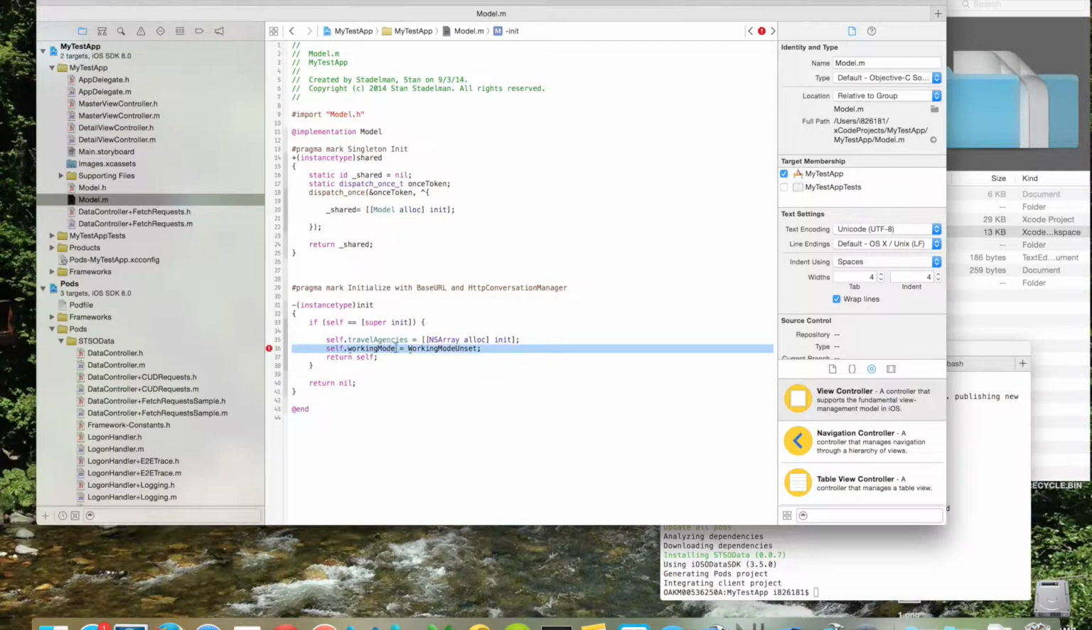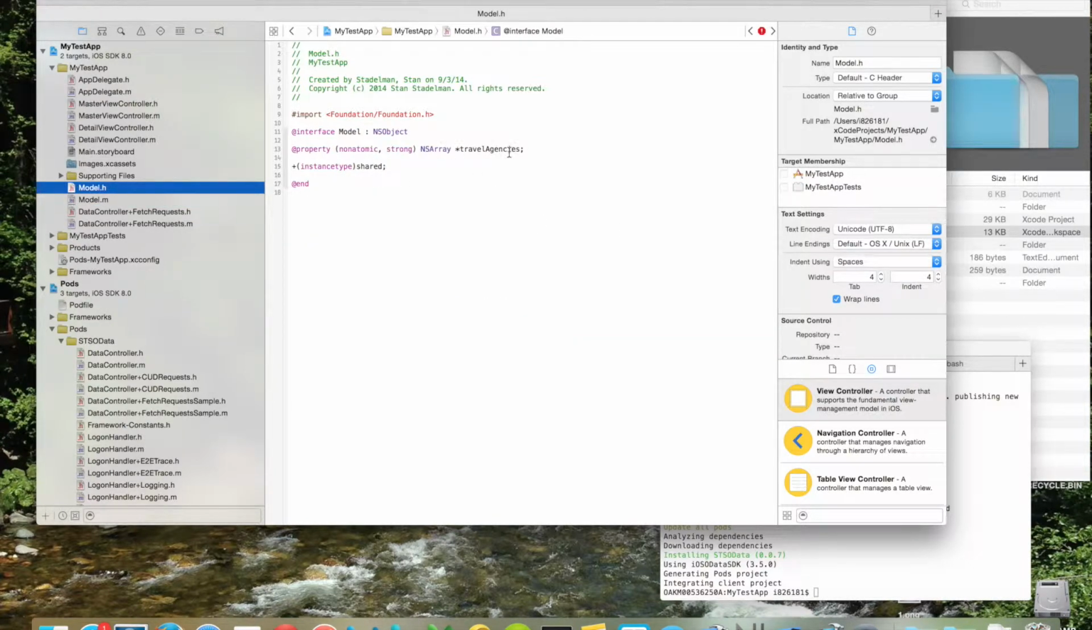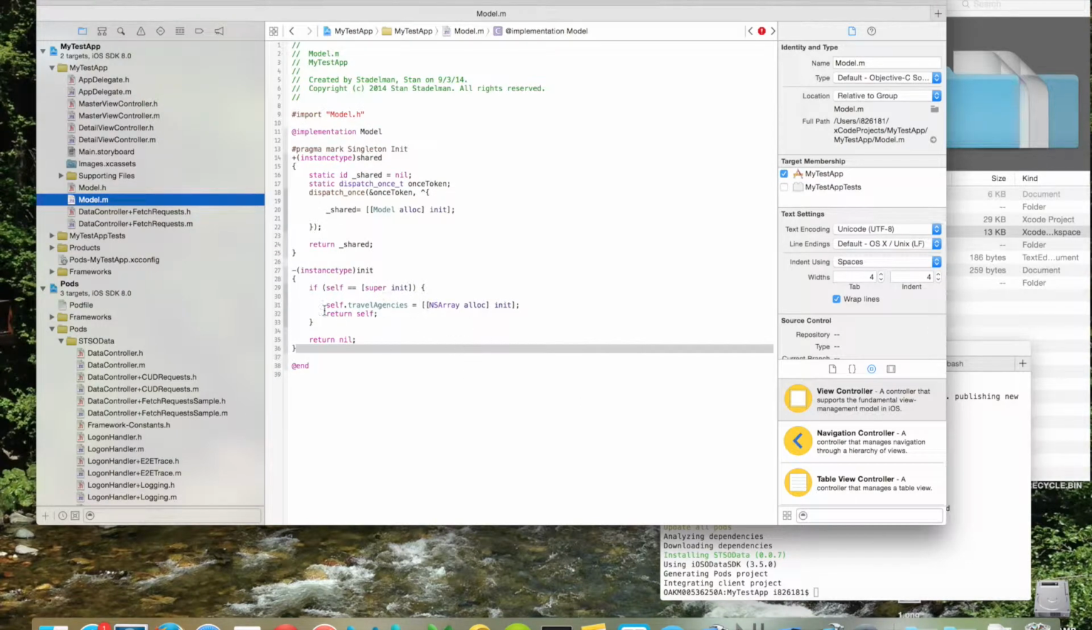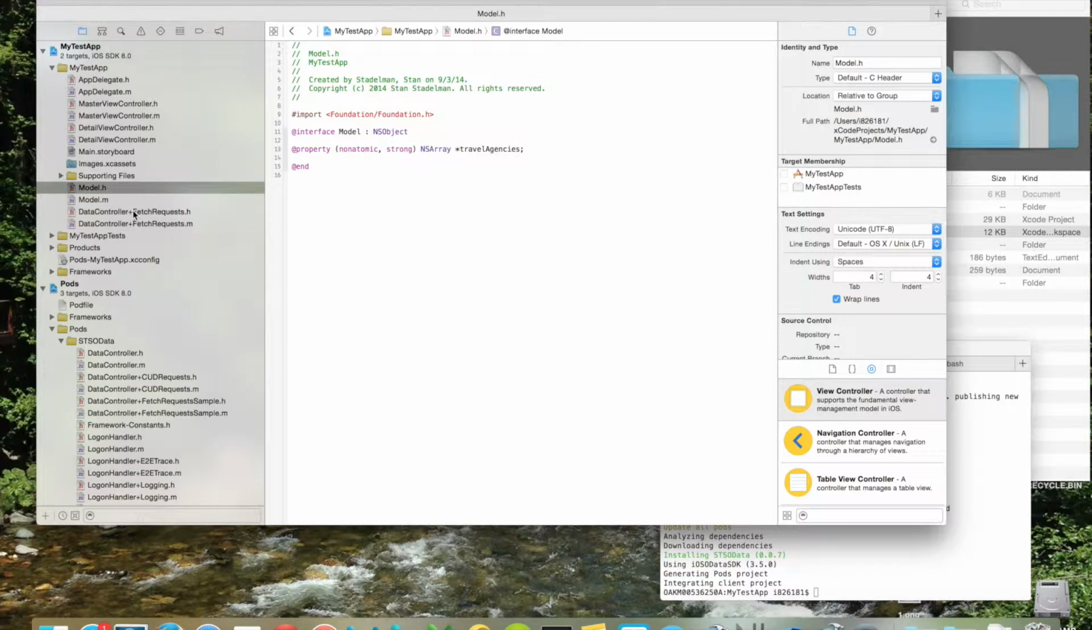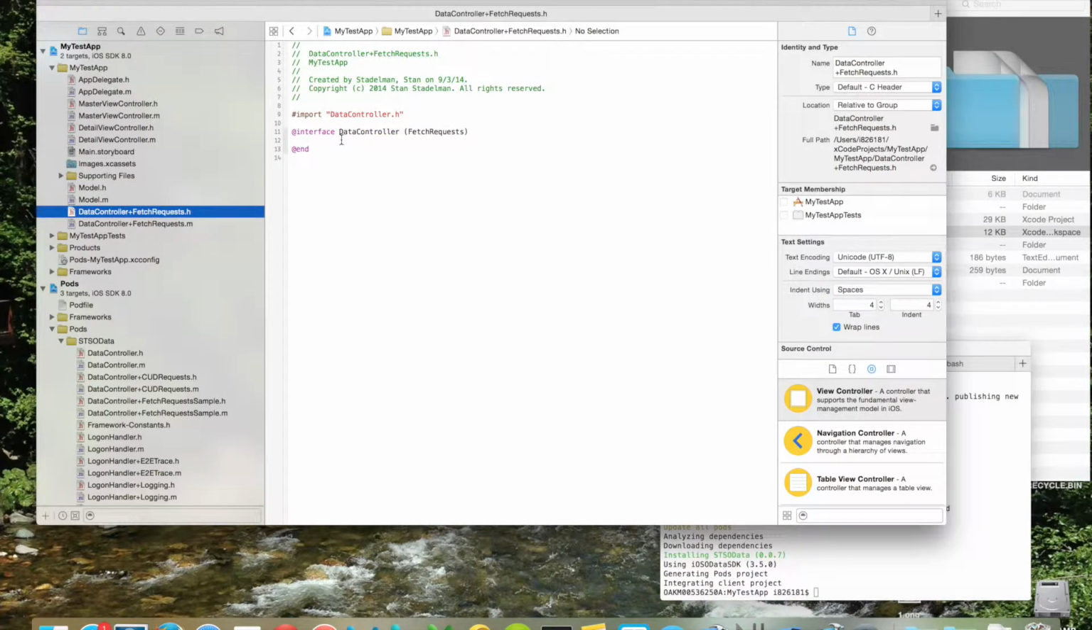Say travel agencies is an array. So now what happens is when I call shared, it does a dispatch once to create and init the model, so now I have the agencies. As I add properties to my model, best practice would be to actually initialize them as empty arrays within the init. And then I'm going to go into the data controller fetch requests